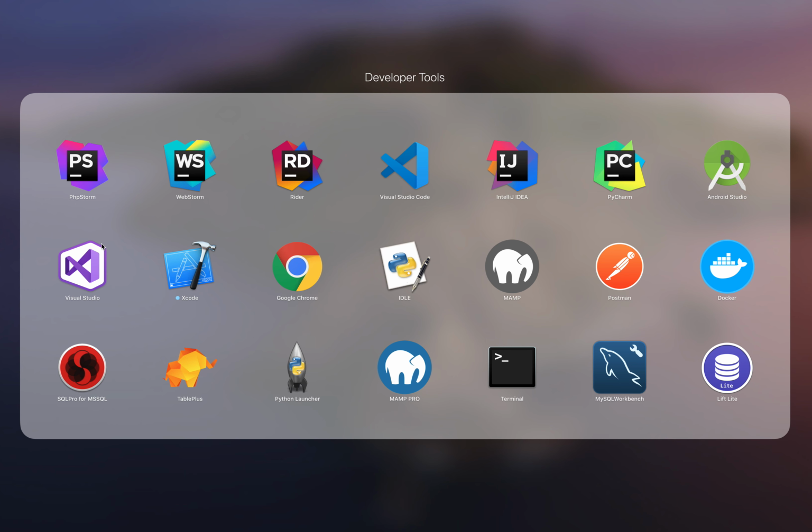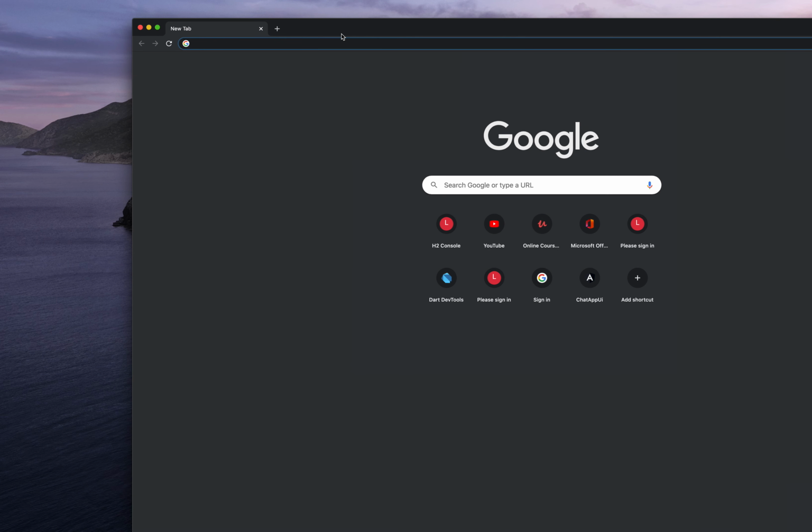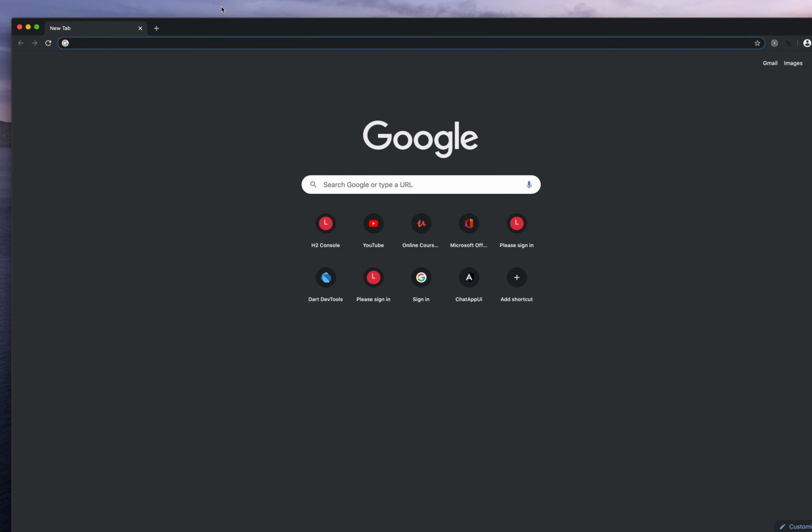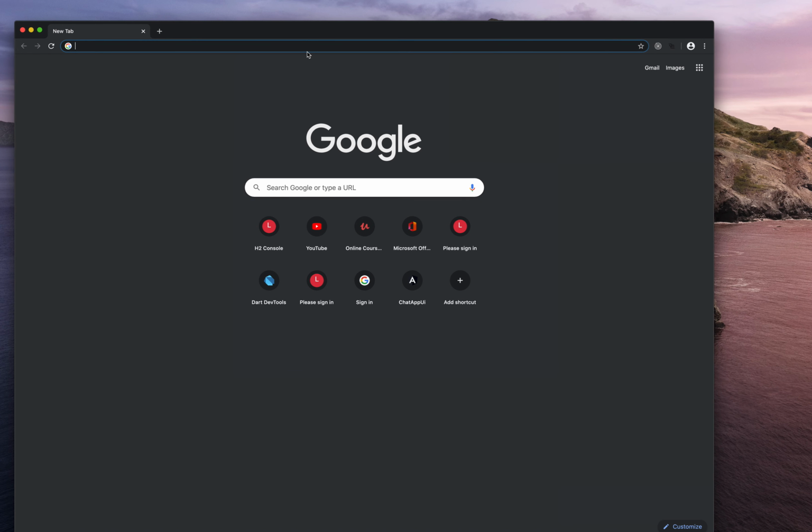So these four, Visual Studio, PHP Storm, IntelliJ IDEA, and PyCharm, would be my number four. And my number five right here is Google Chrome. Google Chrome helps me to immediately visualize my CSS, my JavaScript, and my network requests using the developer tools. I can show you an example just using